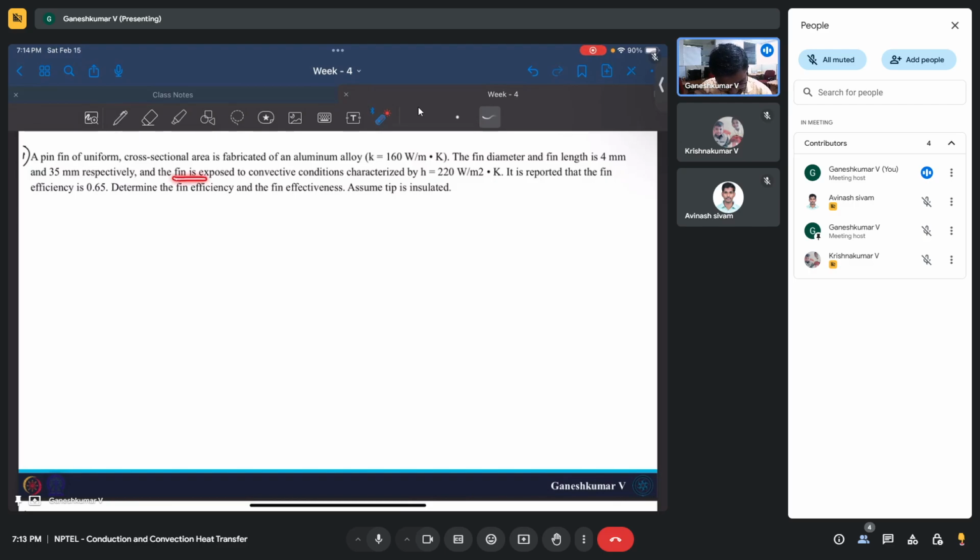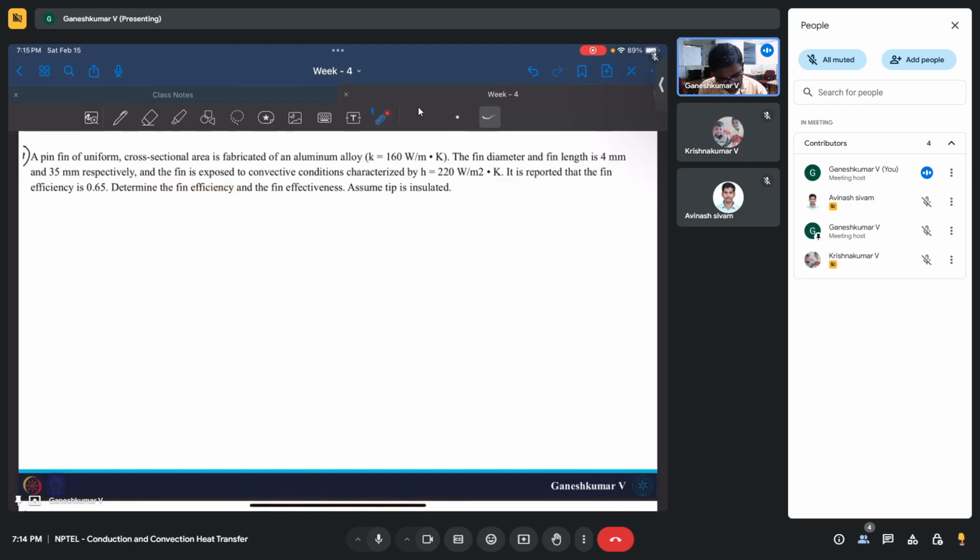The fin is exposed to convective conditions characterized by h equal to 220 watt per meter square Kelvin. So the convective heat transfer coefficient on the surface of the fin is 220 watt per meter square Kelvin. It is reported that fin efficiency is 0.65. So they have already given fin efficiency. They have already performed this calculation. So we have to determine